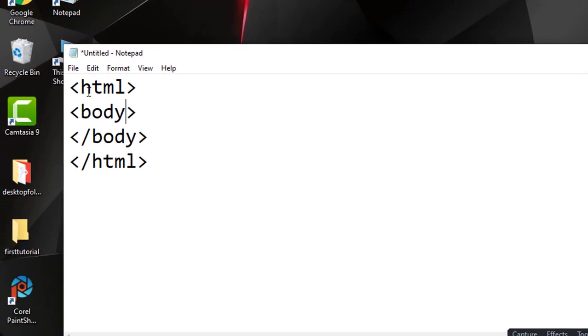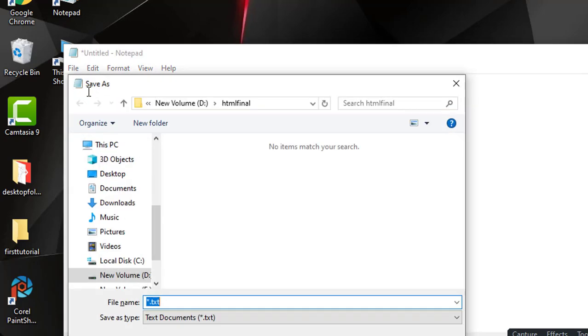In the body I want the background color, so I will use bgcolor equals brown. Bgcolor is the property and brown is the value. Attribute and property are the same thing.